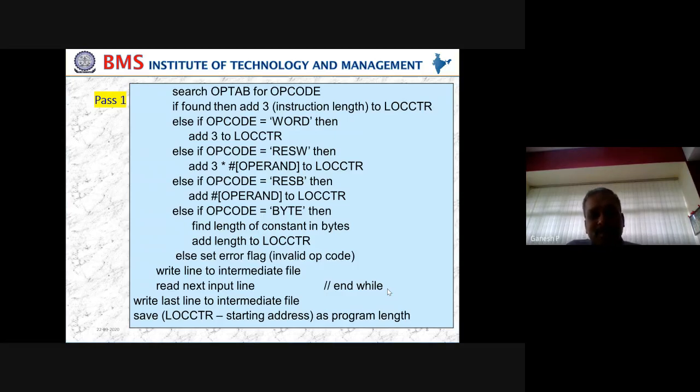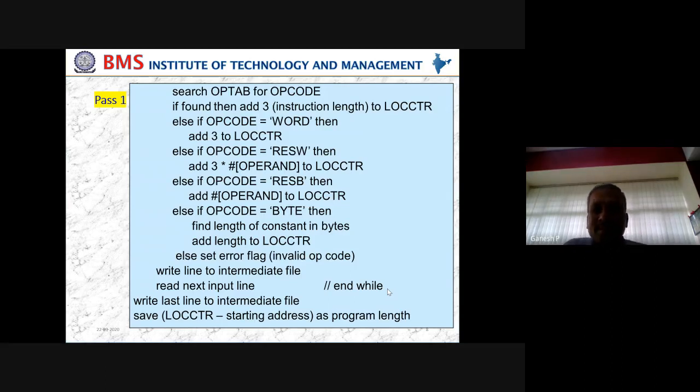Why are you multiplying that with 3? Because each word is going to use 3 bytes. So 3 into 5, 15. 3 into 2, 6. 3 into 10, 30. Depending upon what value you have written, you multiply that and add it to the location counter. We did the same exercise in the previous class and you all could understand, and this is going to help you here today.